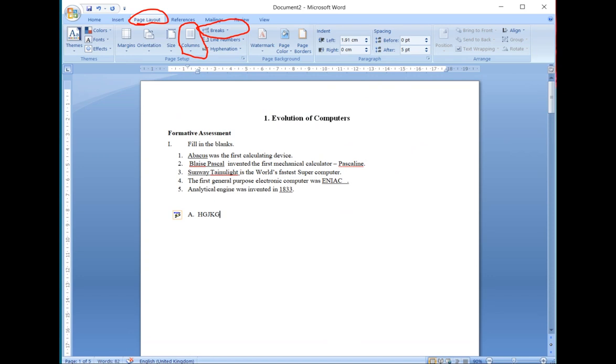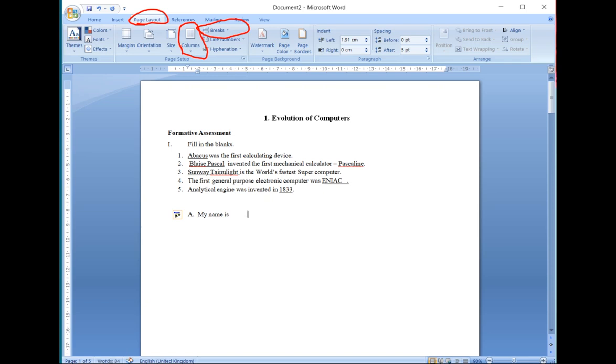Now A, I'm writing A, my name is. After this, I want to mention a dash, and I want to mention that dash after 5 to 6 spaces.